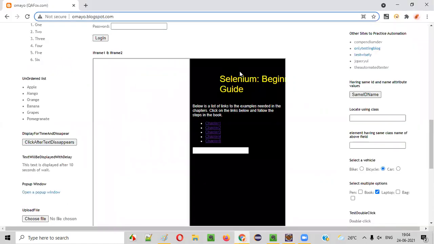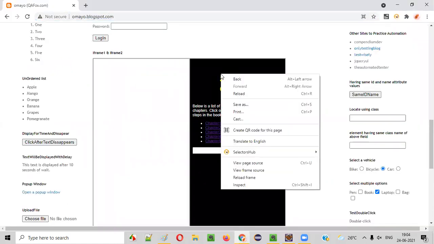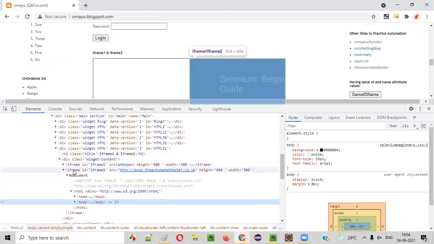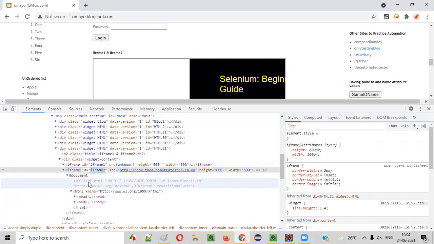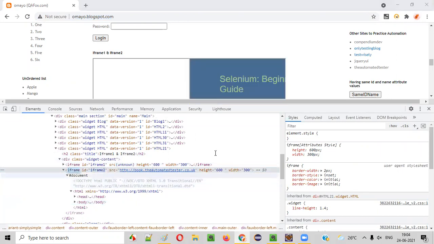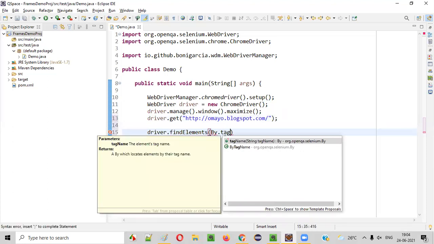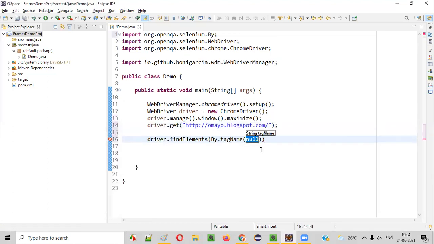By using the tag name, guys. Frames will have which tag name? Frames will have the iframe tag name. I'll copy this iframe tag of the frames, and here I'll say by dot tag name. Driver dot find elements by dot tag name. Here I'll provide the tag name, that is iframe.